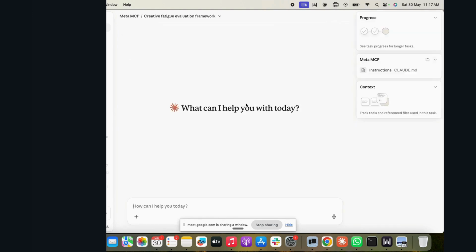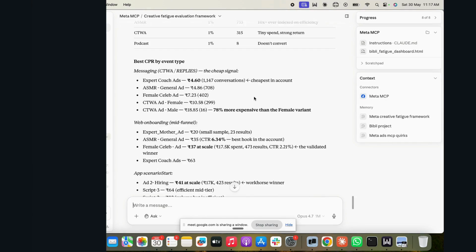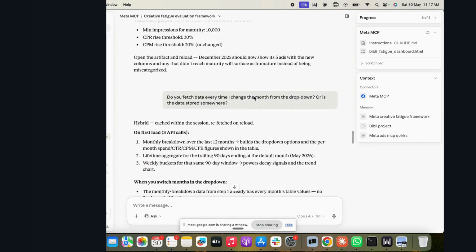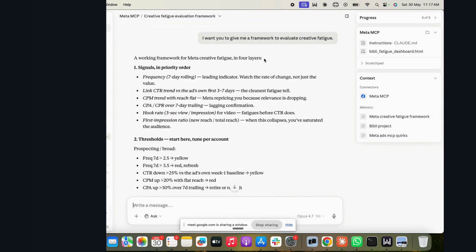So this is the creative one which I did last night actually, right? And I will start from the very beginning. Okay, so a bit of context on the creative fatigue aspect. Does any marketer want to explain what creative fatigue is for ads? Any volunteer? Especially in context of Meta.